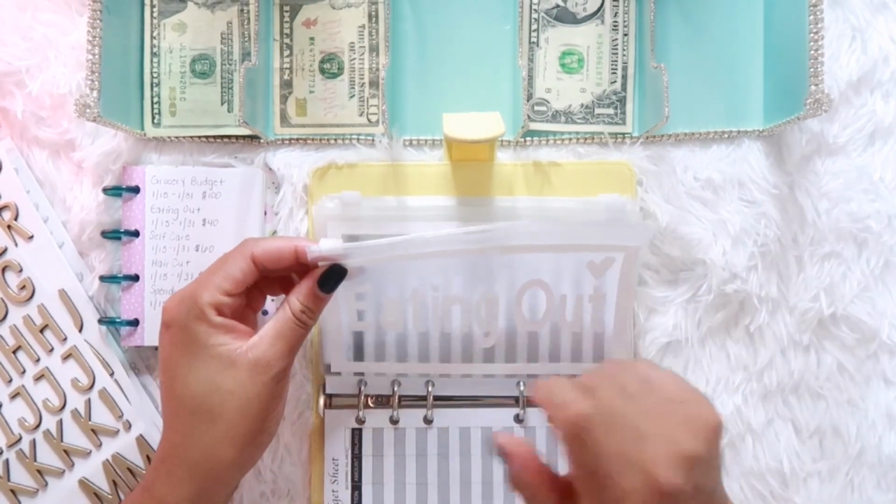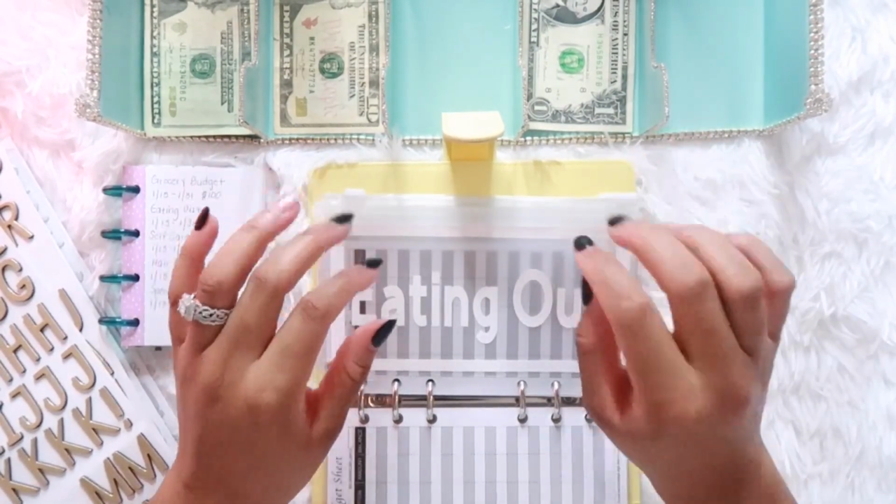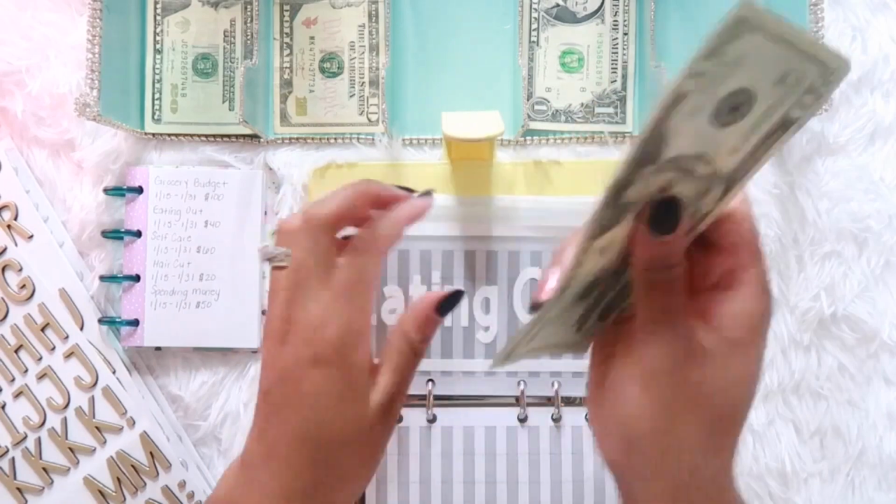Okay, so eating out, the budget for eating out for us is going to be $40. So we have 20, 40,